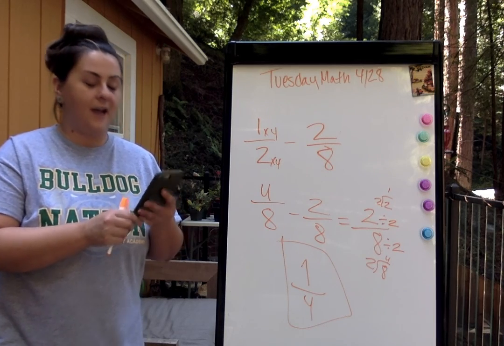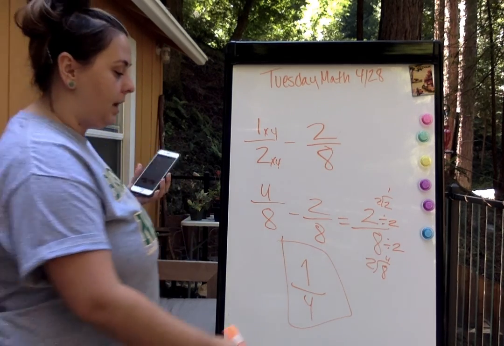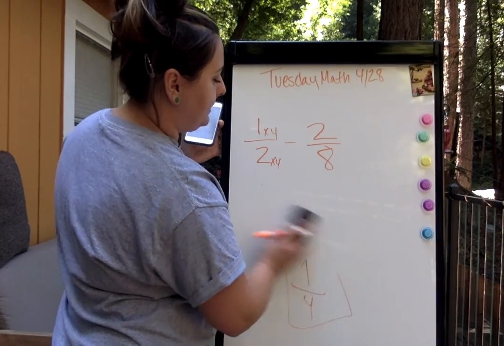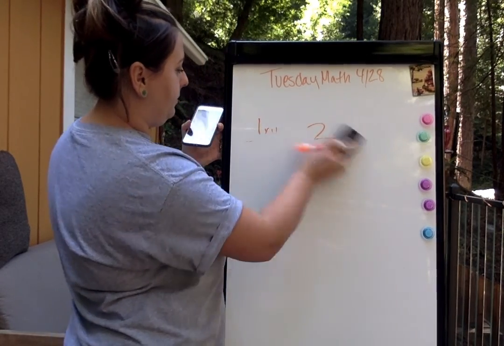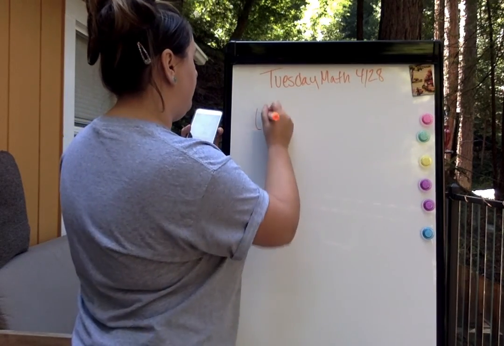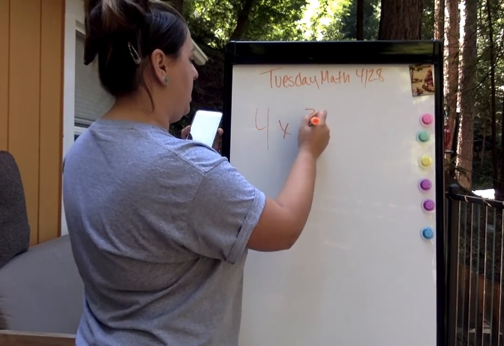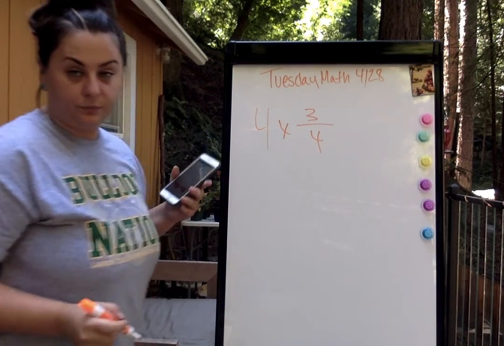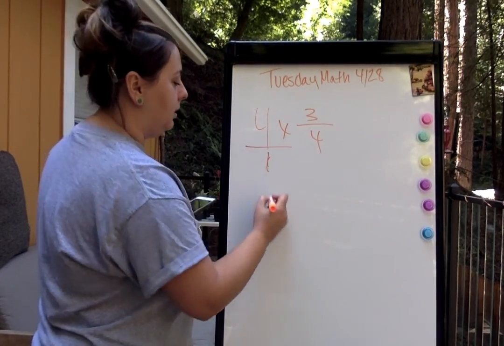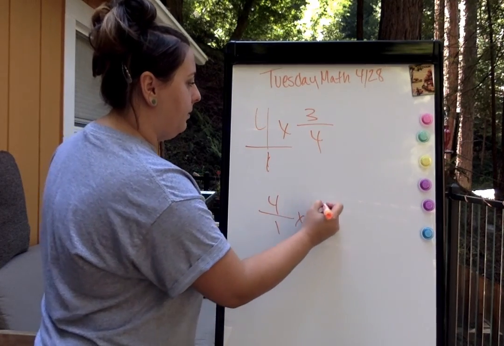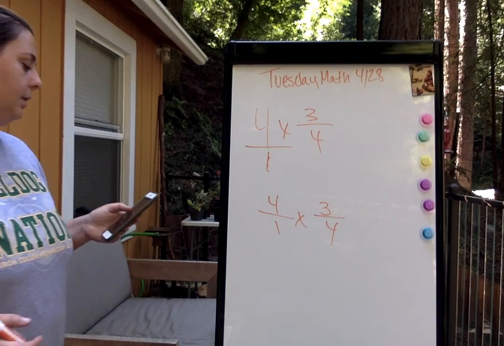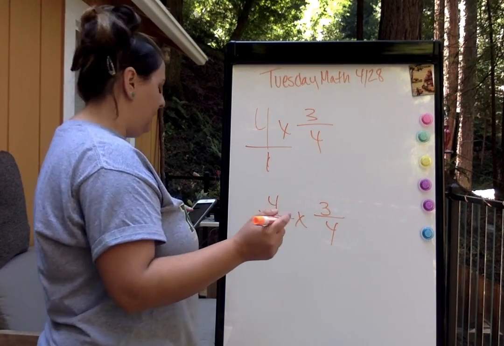Okay, now we're asked to find the product. I hope when you hear product you think multiplication, because that is exactly what we're supposed to do. So we've got a big 4, a whole 4, times 3/4. We're going to convert this into an improper fraction so that we have this. Now, 4 times 3 is